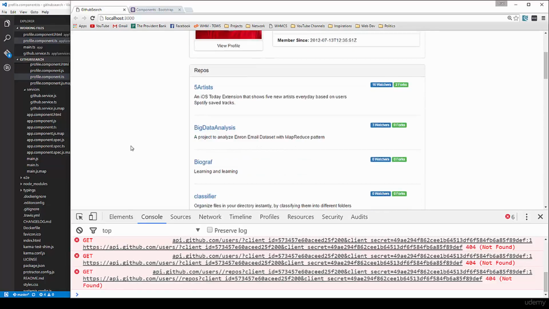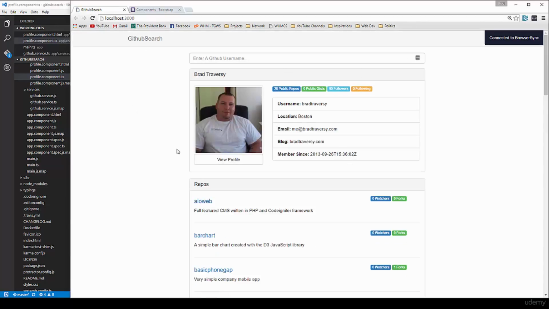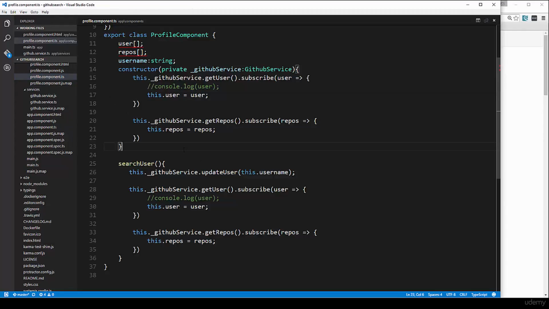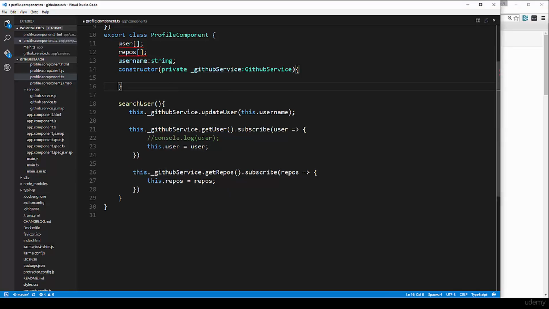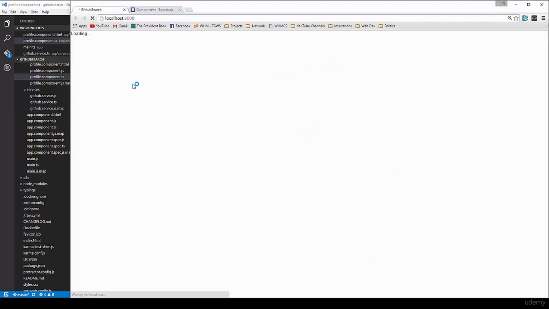Alright, so what we want to do now is make it so that there's no default. So if we go to the page, we don't want a user to be loaded. Okay, we just want to have the search bar there. So what we'll do is go in the constructor and just take all that out. Okay, so if we save that and the application reloads,